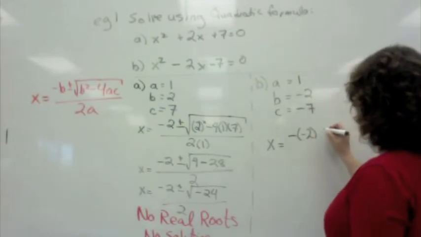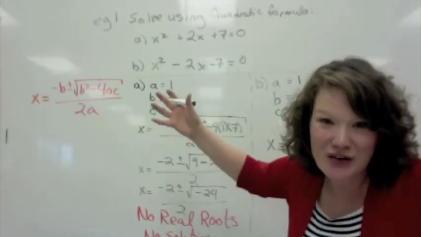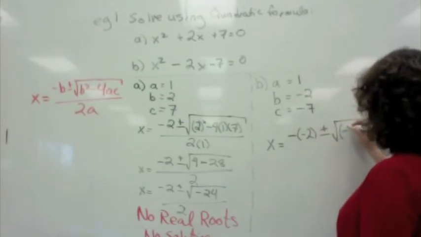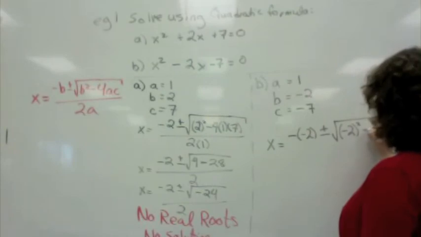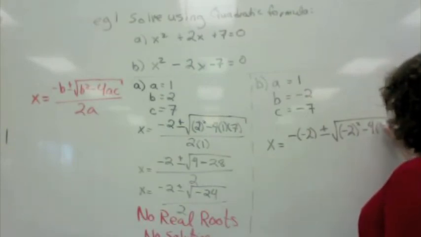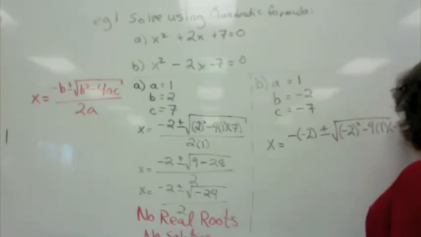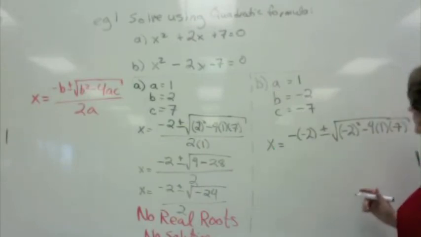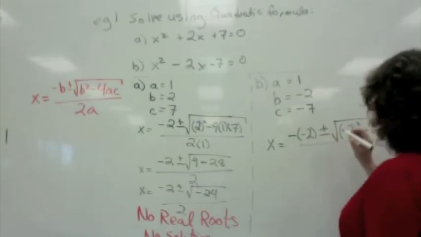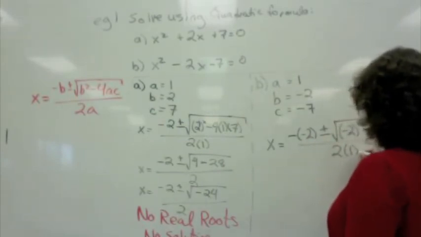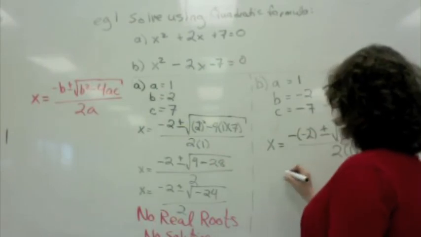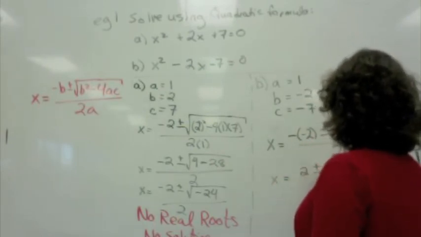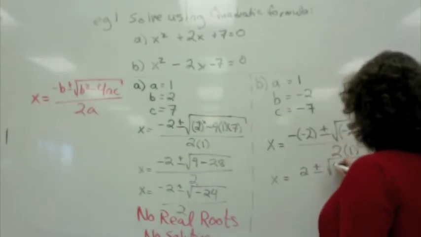So negative b, which is negative, negative 2, which is 2, plus or minus the square root of negative 2 squared minus 4 times a, which is 1, times c, which is negative 7, all over 2a, 2 times 1. So we have x, negative, negative 2 is 2 plus or minus the square root of